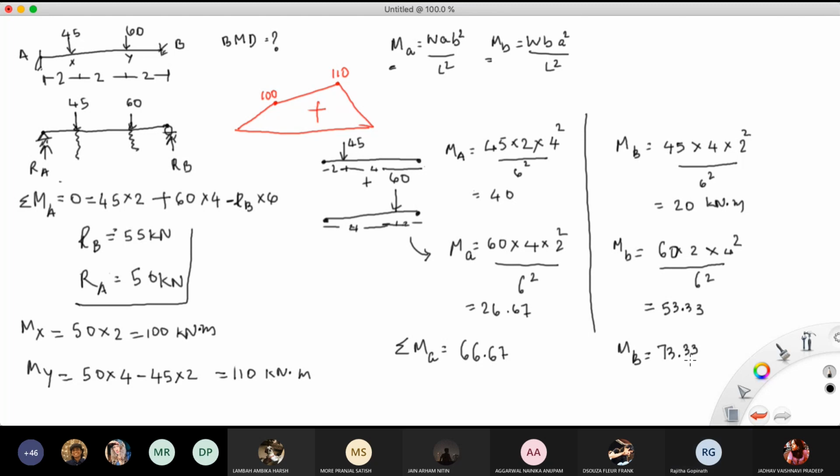I don't know how many of you have understood or how many of you have tuned out here. Okay, so anyhow, let me just finish this one and then ask everybody. I'm just drawing the diagram. It goes from 67 to 73. So this is 73.33 and this is 66.67. Okay.